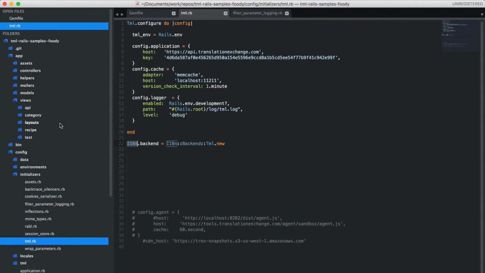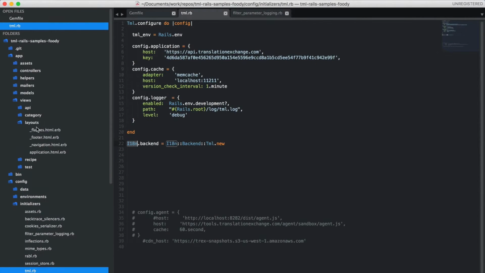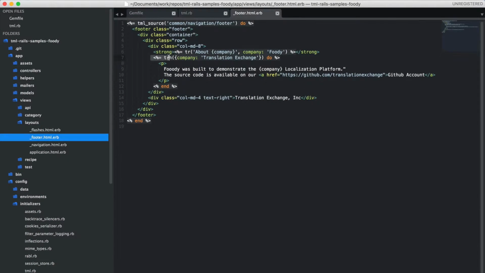So let's go back to some of our views. If you go to, let's say, the footer, here you can see trh. trh is one of the methods that you can use to select a whole block of code, and that block will be extracted. All the strings will be identified and extracted automatically. So you can in reality have the whole page with trh in the beginning and an end to the function at the bottom. Here we actually can see a simple tr method.